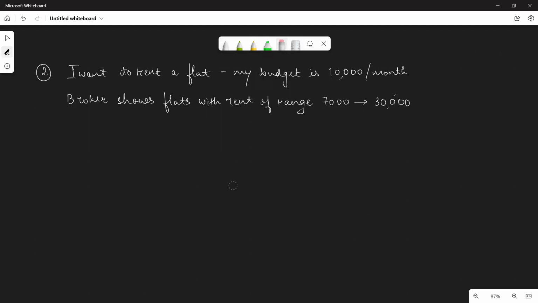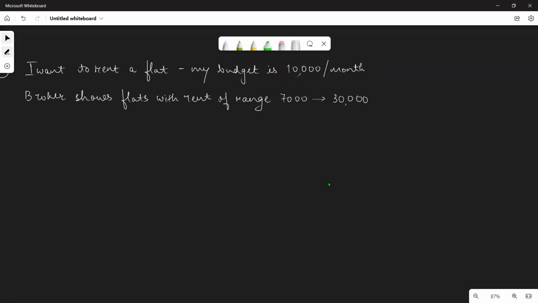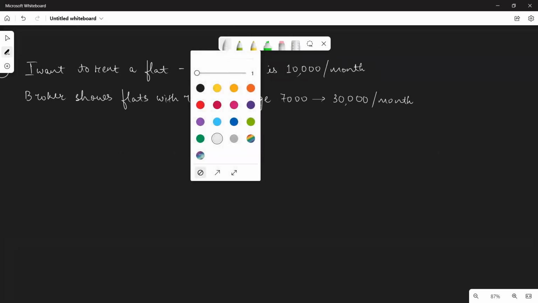So the upper limit of the rent that he showed was 30,000 per month. Now, based on this context, we need to develop your H0 and H1, and then we